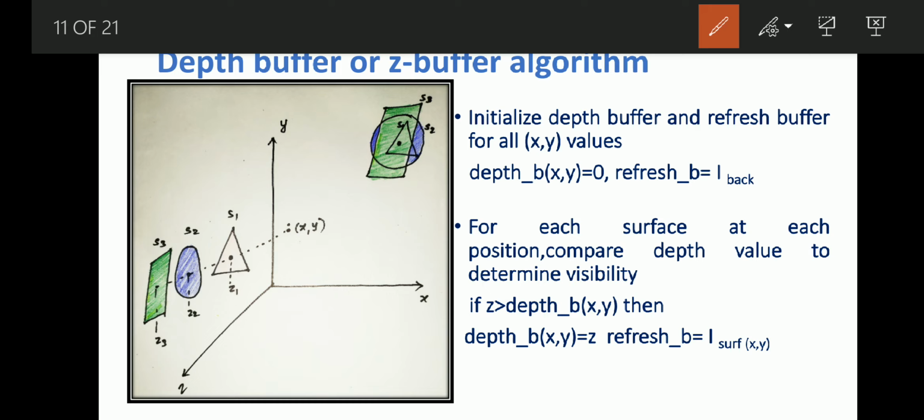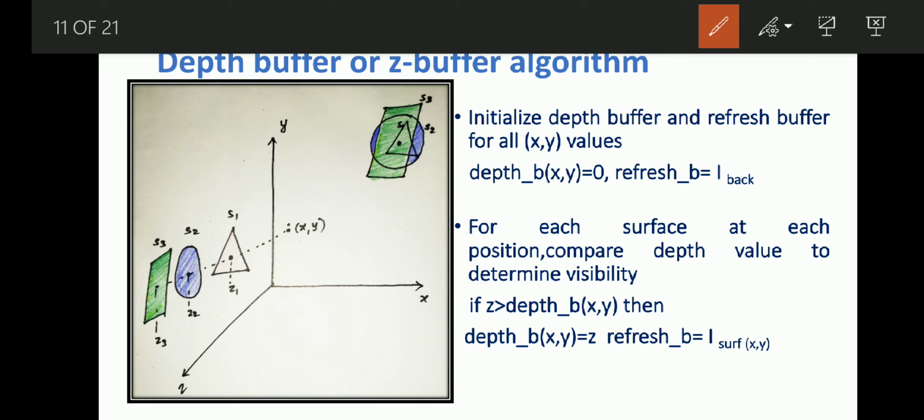Similarly for S3, which has Z3 as its depth value. Z3 is greater than Z2, so the final depth value is Z3, and the refresh buffer stores the intensity of S3, which is green here.